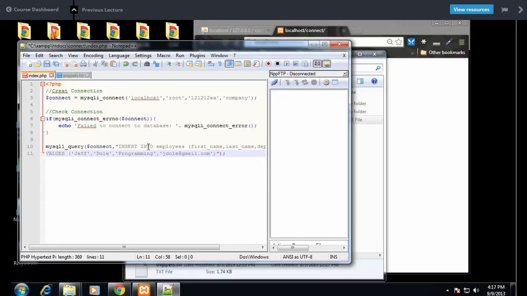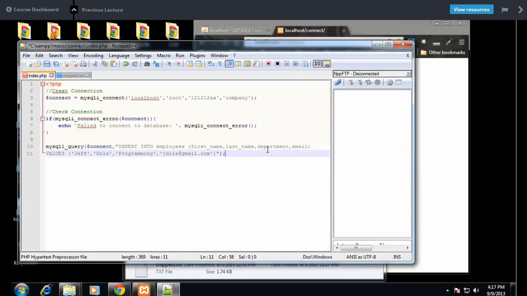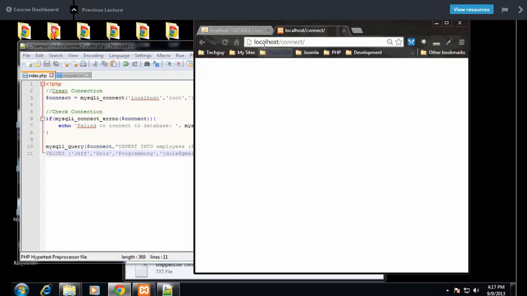So we're saying insert into employees. We want to insert first name, last name, department, and email. And we're inserting these values. Jeff Dole, he's in programming, and his email. Alright, so if we save that and reload,